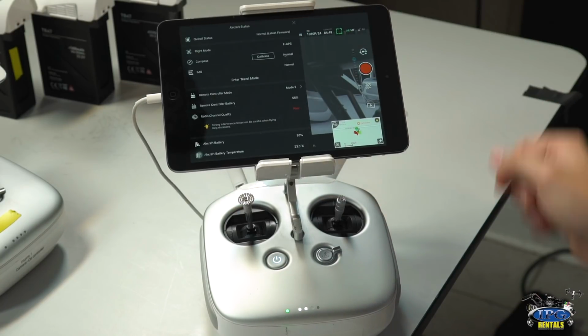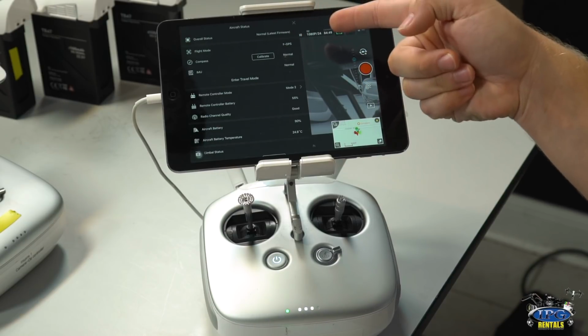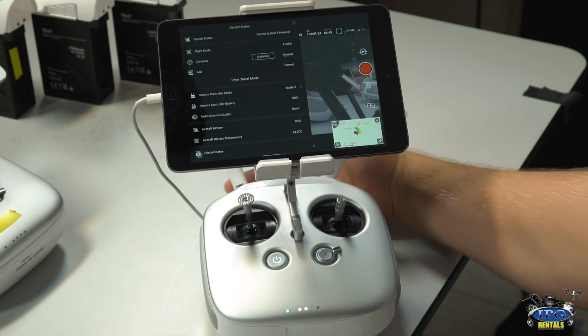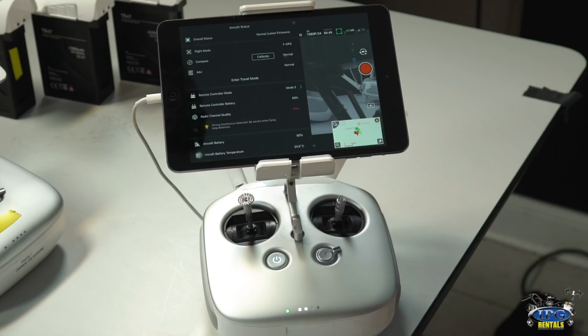On the ready to go on the top, you'll see your firmware, your flight mode for GPS or ATTI. When you flip into ATTI mode, there's a switch right on the back of the controller. When you switch into ATTI mode, that takes away the GPS capability. But it is actually good to switch into ATTI mode sometimes, because say it was returning home and maybe, now